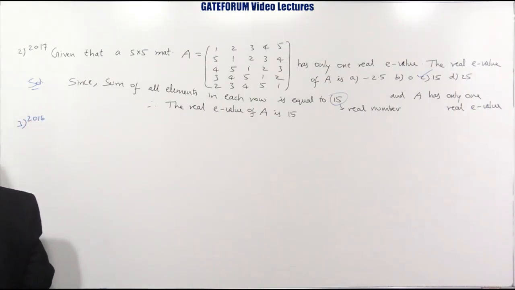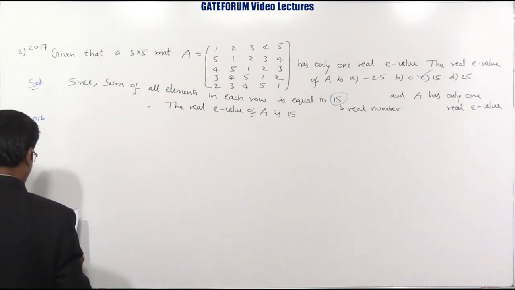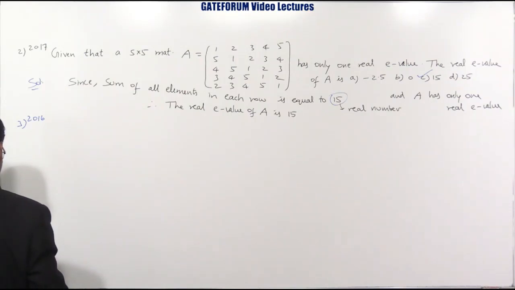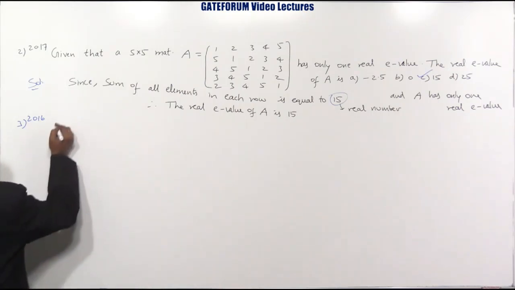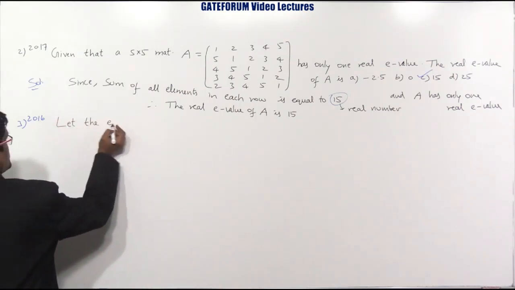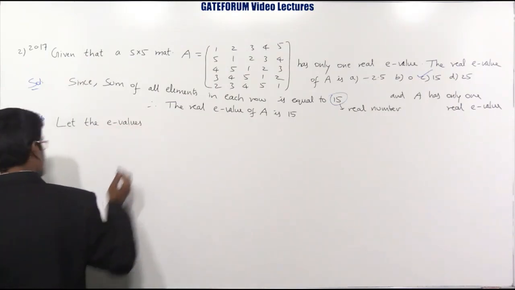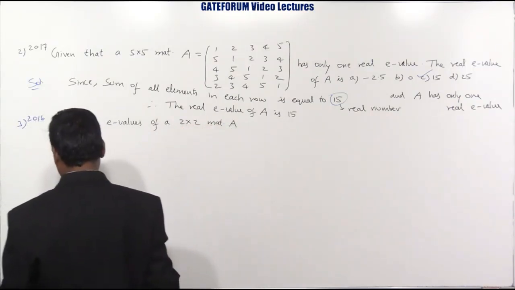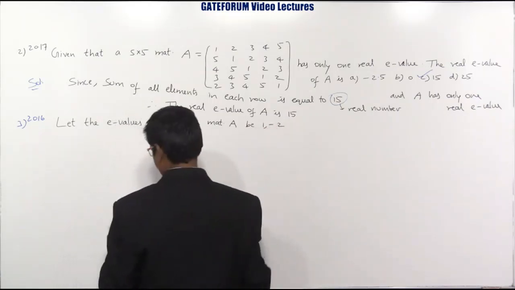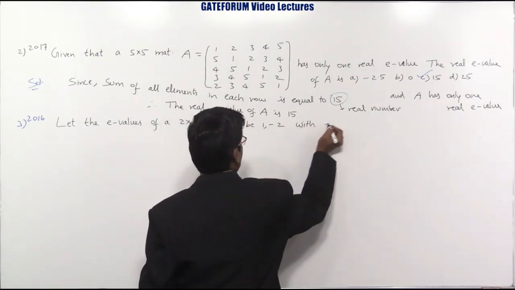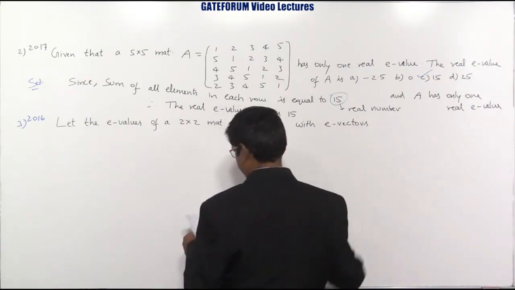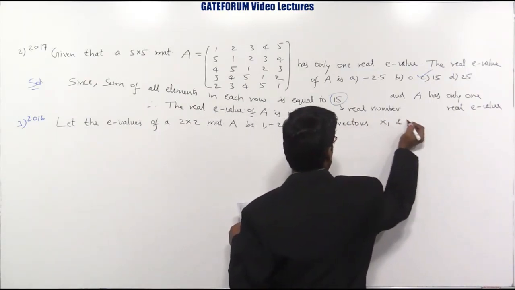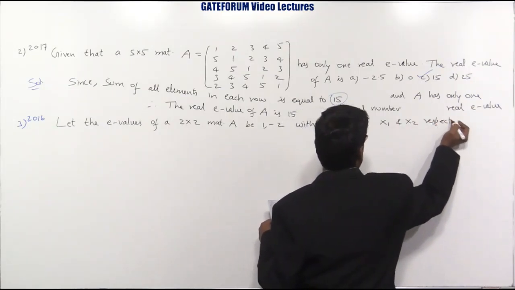This question is from 2016. Let the eigenvalues of a 2 cross 2 matrix A be 1, minus 2 with eigenvectors x1 and x2 respectively,